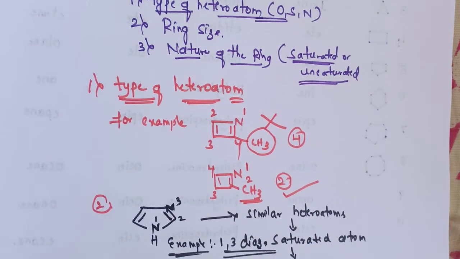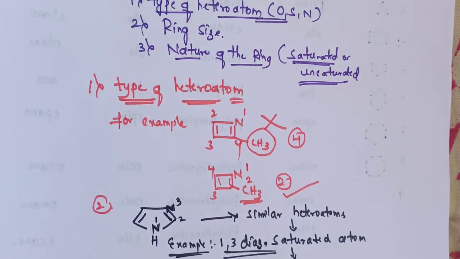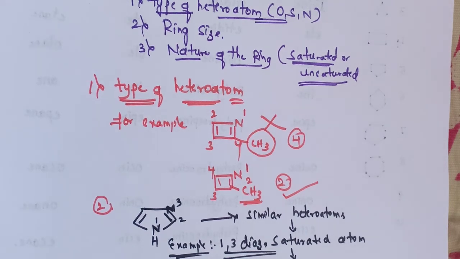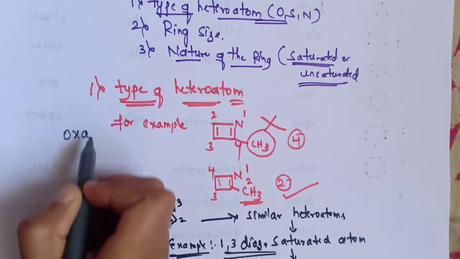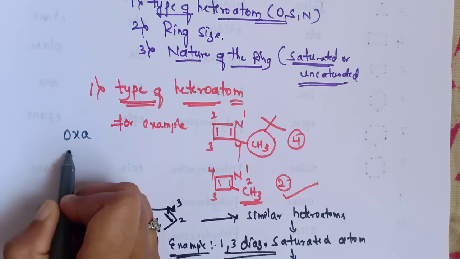What if more than one type of heteroatom is present? That means sulfur and nitrogen present, oxygen present, like this. What if they are present? We already saw in the replacement nomenclature that we give the numbering, that is the locant. We should give the locant and also name it according to the preferences. If different prefixes are present, for oxygen we name it as oxa and for nitrogen we name it as